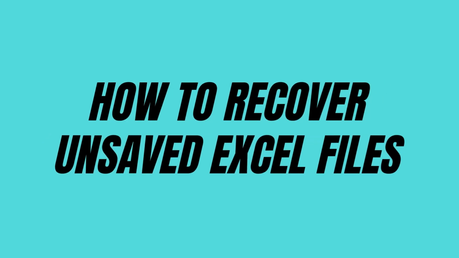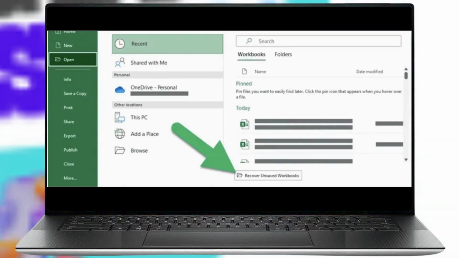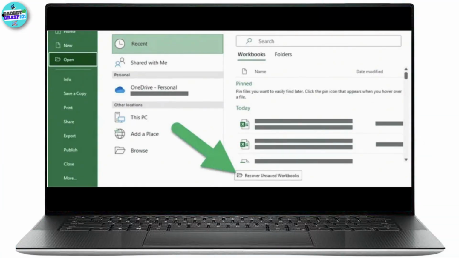How to recover unsaved Excel files. So today we are here with a step-by-step guide on how to do so. So let's get started. Firstly, in Excel, click on File in the ribbon and then go to the Open option available